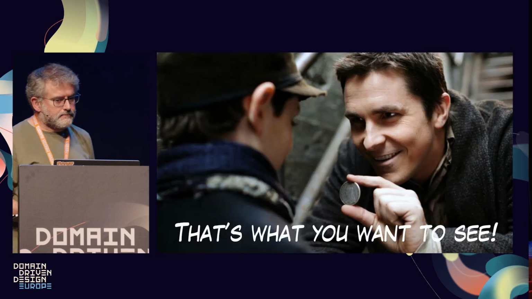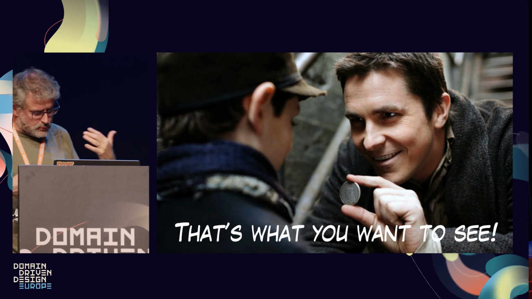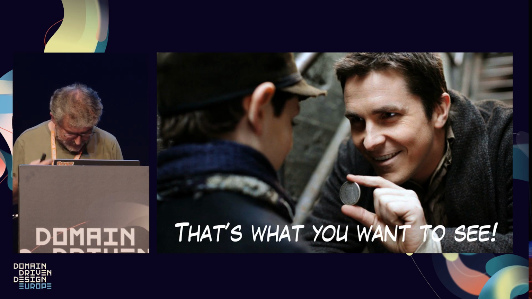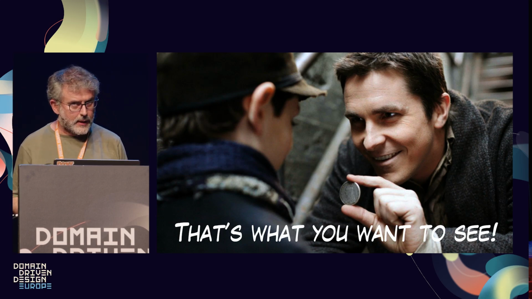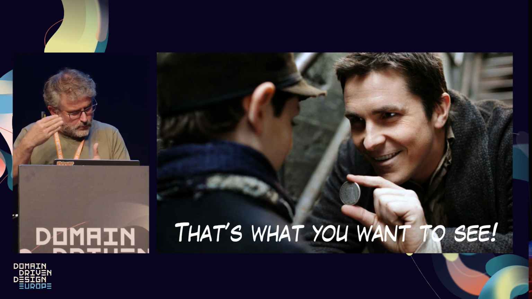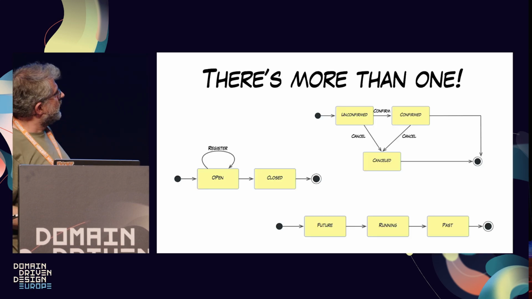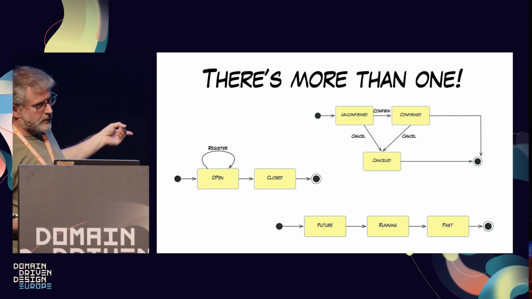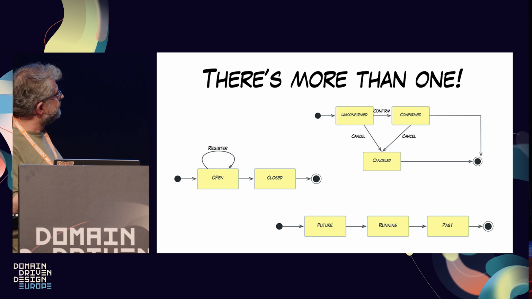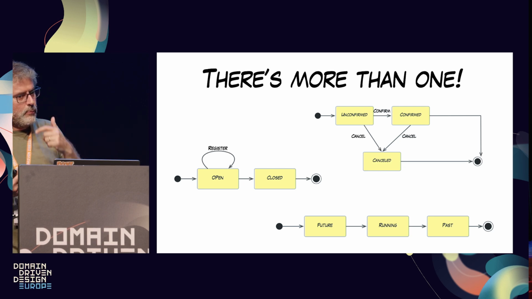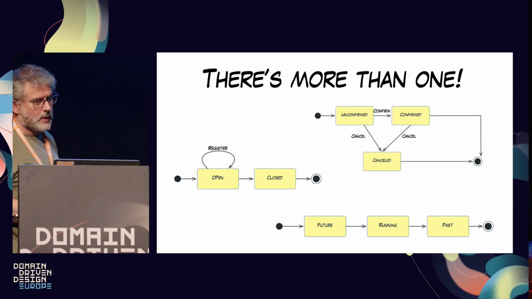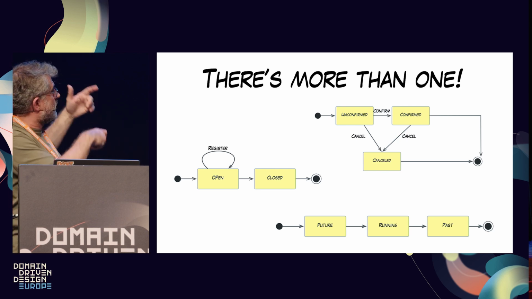And the thing is, that's what you want to see. That's what the users needed to see. And the reason why they wanted to see things was at a very specific moment. The fact is, it looked like a state machine, and it was not. Our assumption is there is a more interesting model when we have 2 or 3 independent moving state machines under the hood, and what we see on the top is just a combination of them.